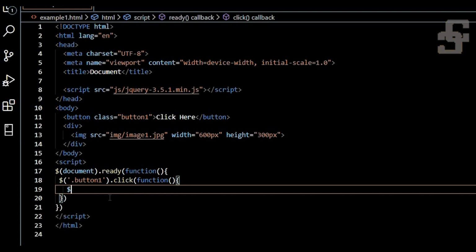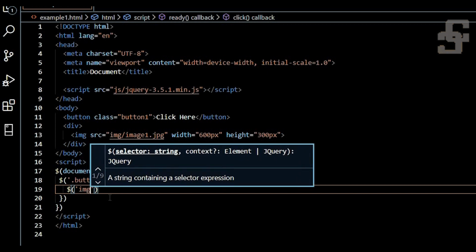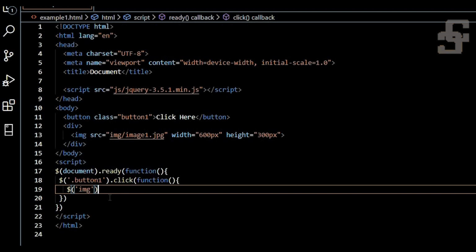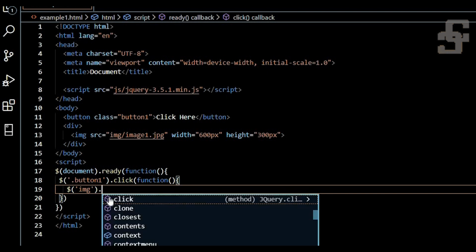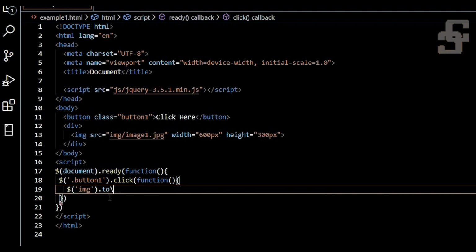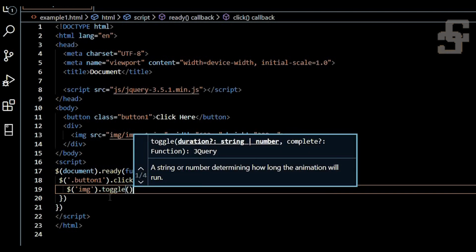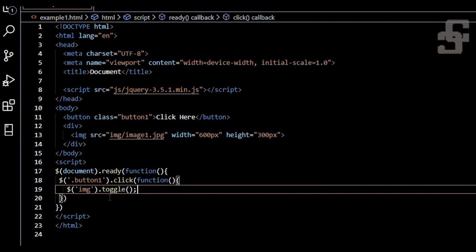Inside that I am just giving the simple image tag, that is img. If you are using any class, you can give that class name here. In our case I have only one image, so I am just giving img directly, then dot toggle. That's all. Just save it.